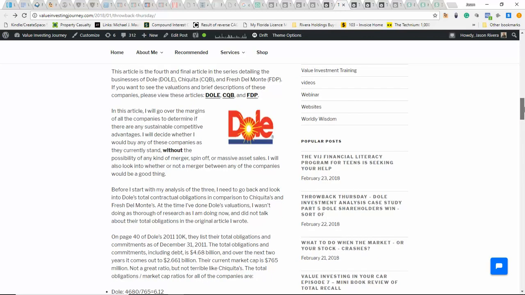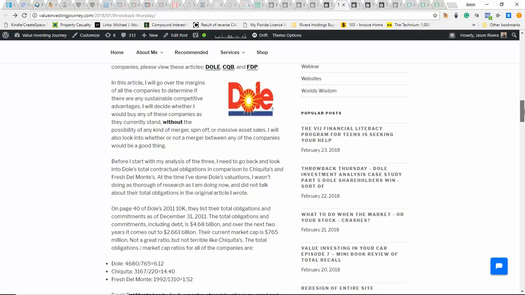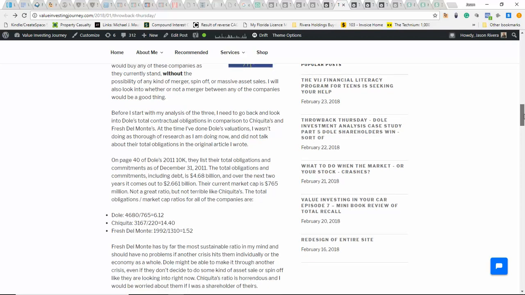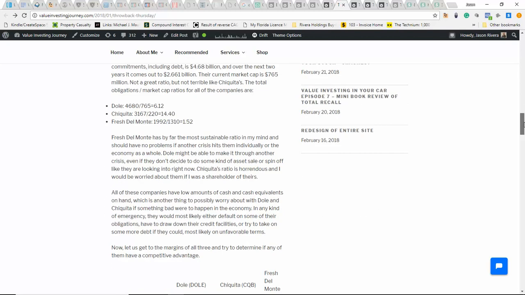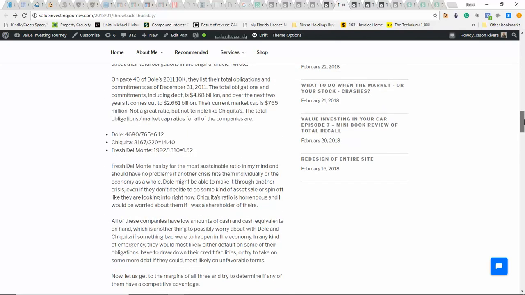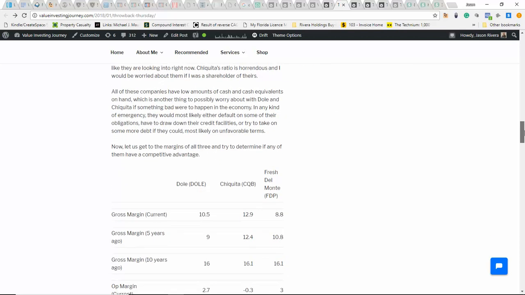In this one, we learned that while Dole was a reasonably decent company on a surface level, it had way too much debt, at least for my liking. Pretty much the only reason I bought into the company at all was because of its hidden assets, which we talk about in another section. But in this section, we compared Dole to its competitors,